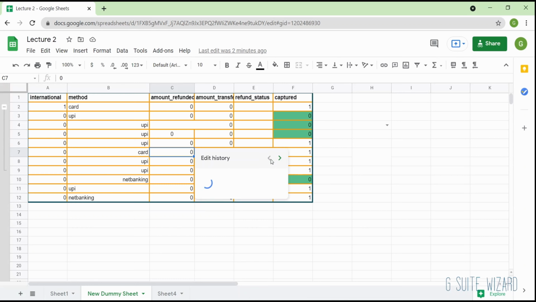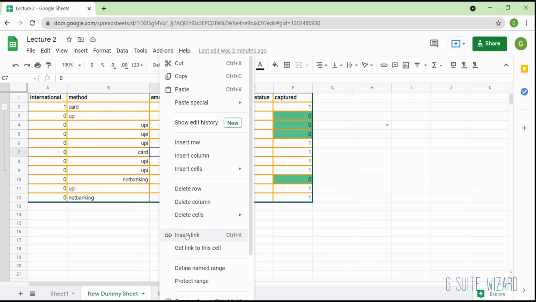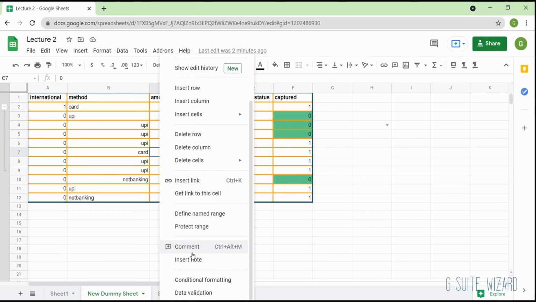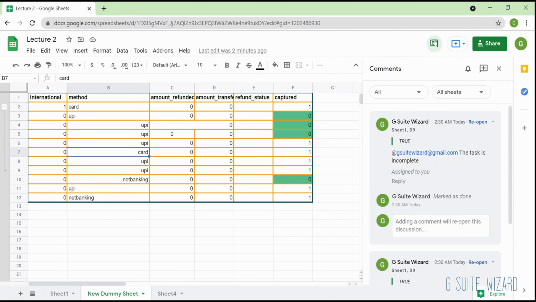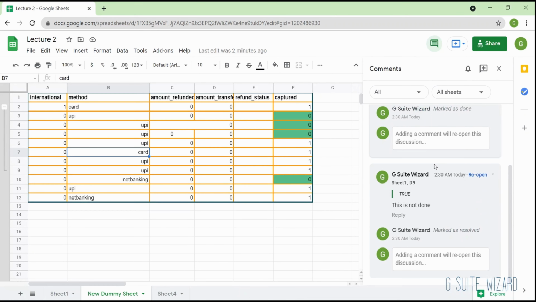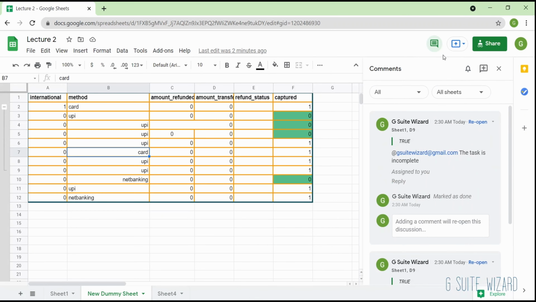Edit history for a cell shows you all the edits that were done on that cell, right? And when you right click, you also have most of the quick settings over here. Then there is comment history. These are the comments that I've put recently. You can see all of them.